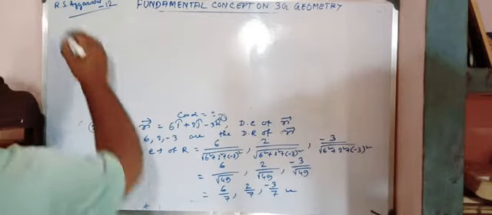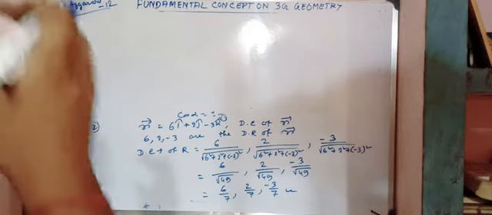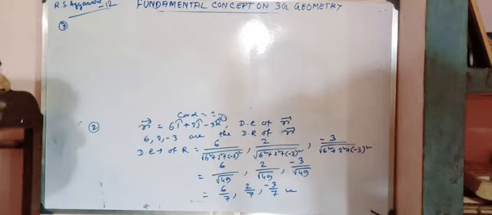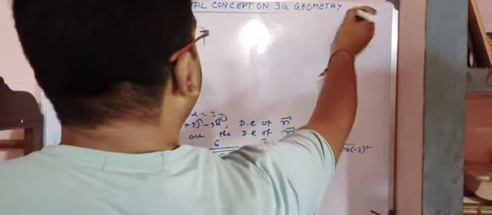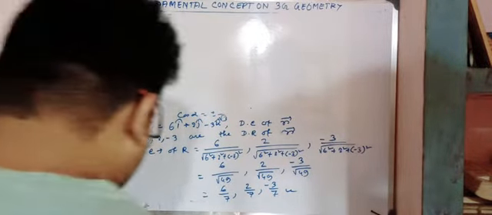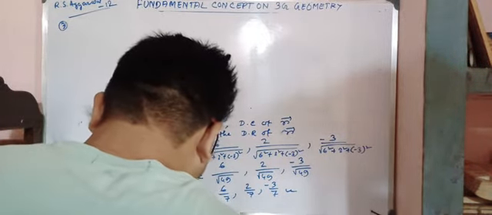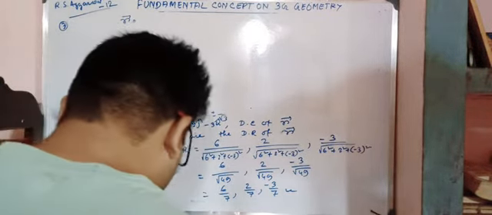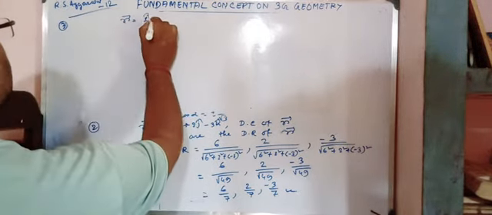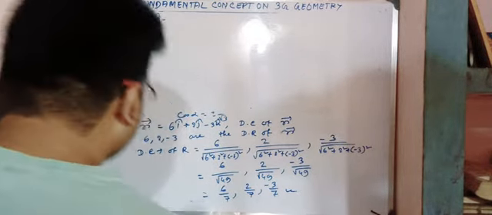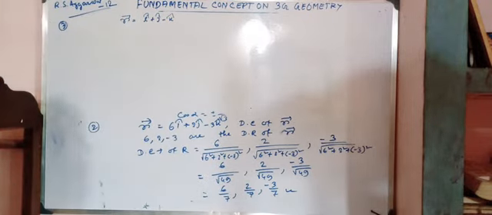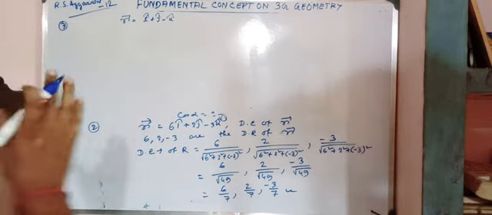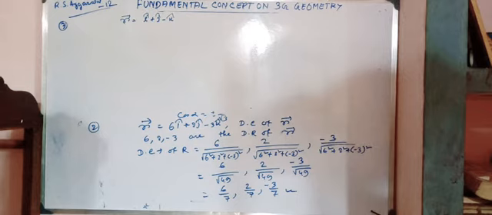The question is given, question number 3. That is not the solution of the exercise, I am telling you. If I have solved the exercise, then I should write the exercise name here. Now here it is given that find the angle made by the vector r. The r vector is given here: i cap plus j cap minus k cap. With the coordinate axis, we have to find the angle made by this.